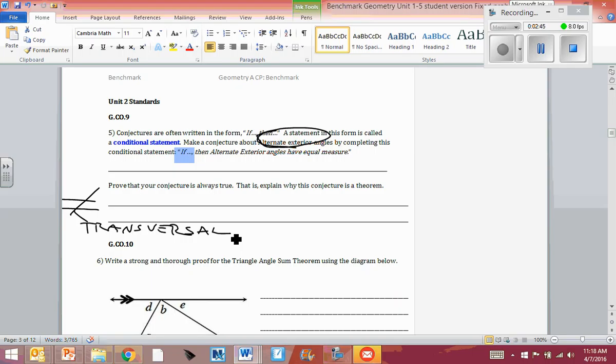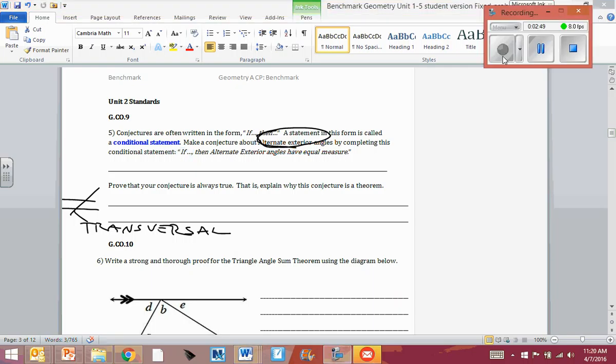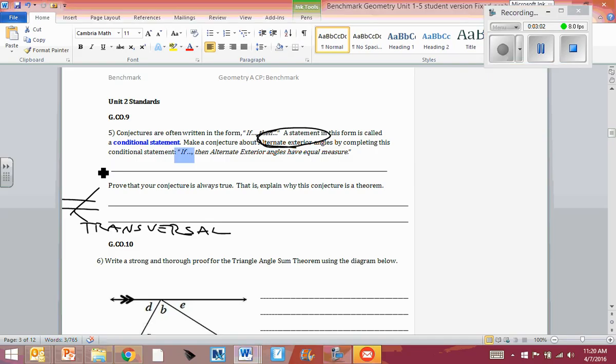If, let's kind of, hey, anybody remember? So then alternate interior angles have the same measure. Corresponding angles have the same measure. Same side angles add to 180. Whatever we know about them, this first part is it. So here comes if. I'm going to put parallel lines, not even 2, because we always use 2, but technically if it's 3, it's the same. So if parallel lines